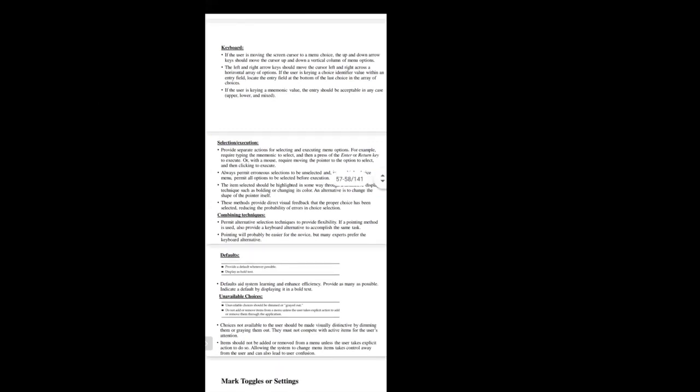But there are so many experts. We are all computer science students. What we will do is use shortcuts, like Control Tab, where you can do the toggling. We have an option of toggling by using the keyboard, and the option is there by using pointers also. This is called combining techniques, where you can use your keyboard, you can use your pointer, you can do everything. That is combining techniques.